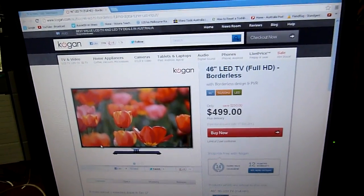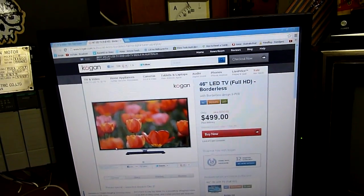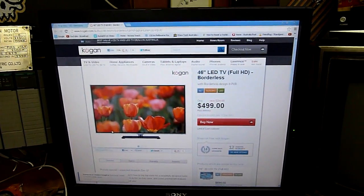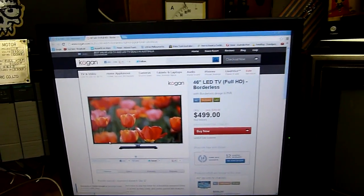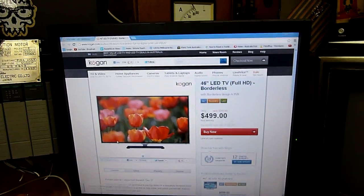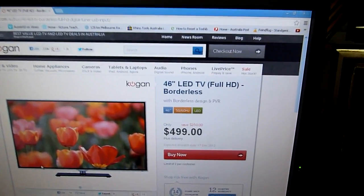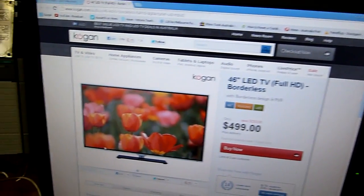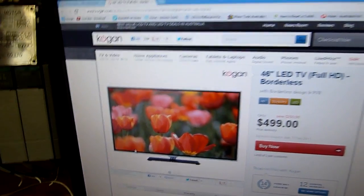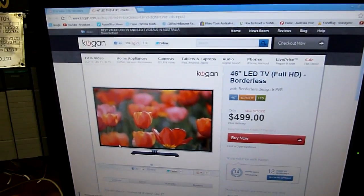They use brand name products like Samsung panels and things like that, but my question is, would this stuff last much longer than the $2,500 set that you'd get from Samsung or Sony or something like that? There's some pretty expensive sets out there, and yet for 499 bucks plus delivery you can get a super slim border